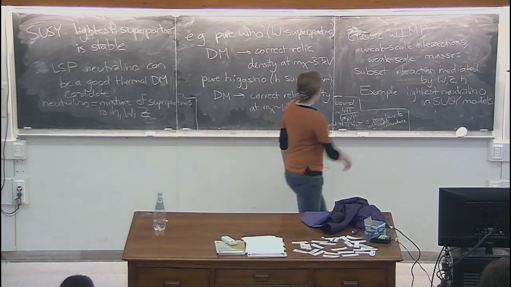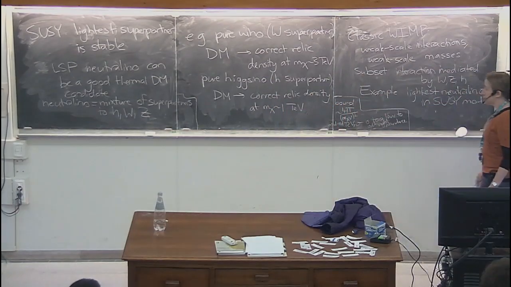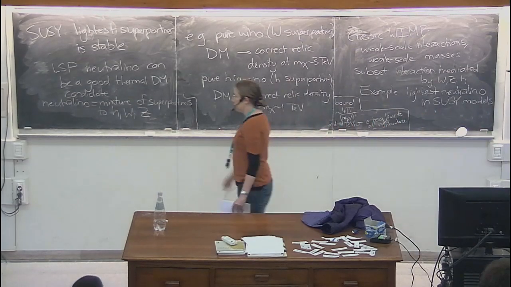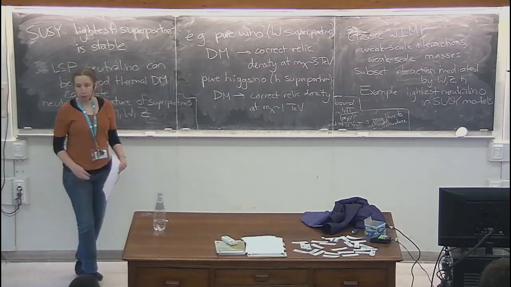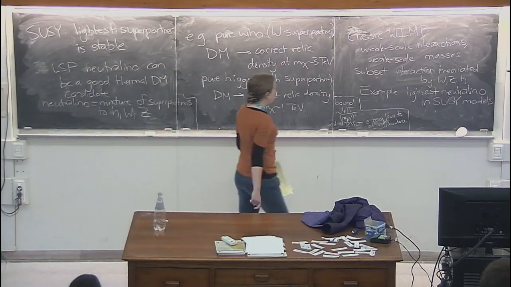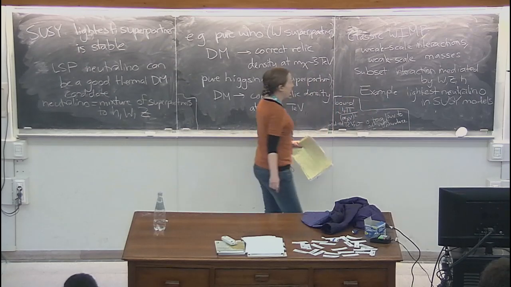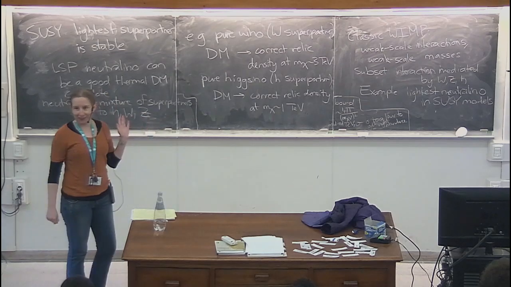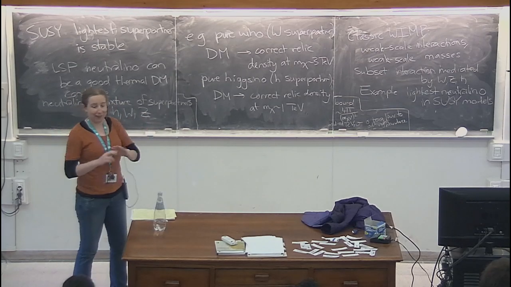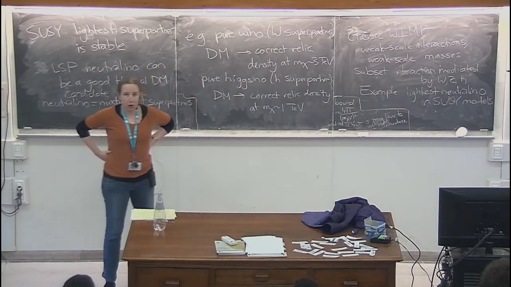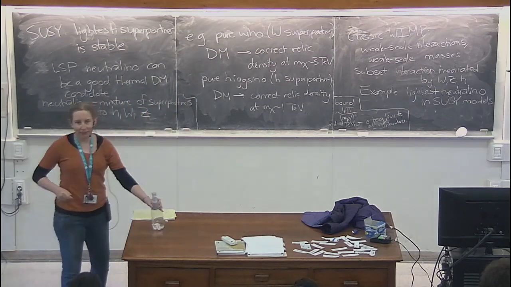But beyond this SUSY WIMP scenario, this was the motivation for a lot of the searches for dark matter and a lot of work I'm talking about. But the basic mechanism for getting the right dark matter abundance that we talked about last time works perfectly fine for any mass scales between about keV and 100 TeV. Okay, that's what I wanted to say about WIMP freeze-out. Are there any questions before I go on and talk about the other classic example of dark matter as a cold ultralight field? Yeah?